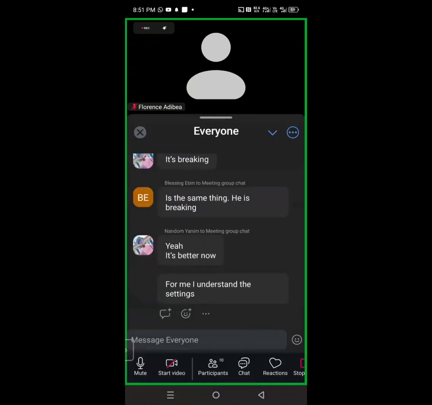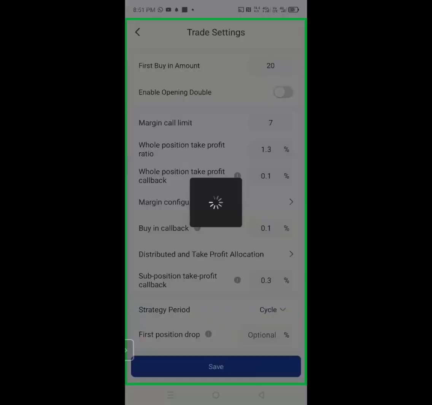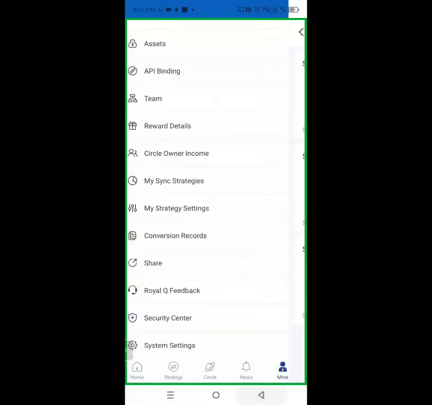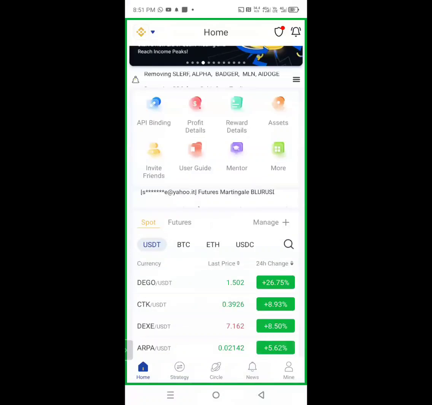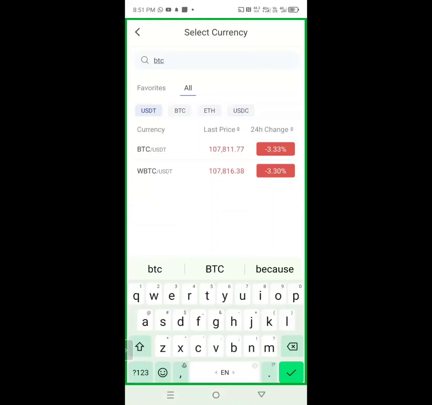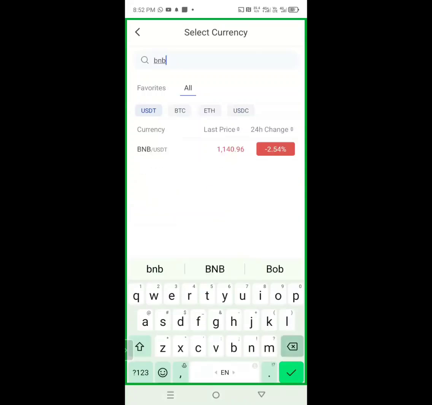Okay. So let's go over. So we understand the settings. Now we are going to go to our trades, community coins. BTC. You can see BTC, you can see Ethereum, you can see BNB, you can see Solana, you can see Link,